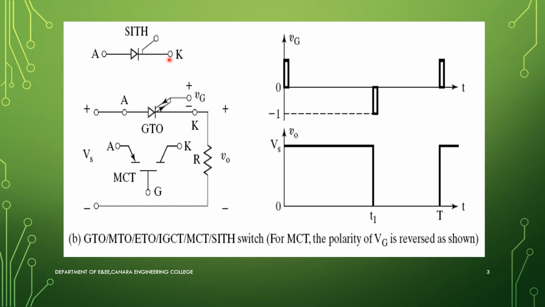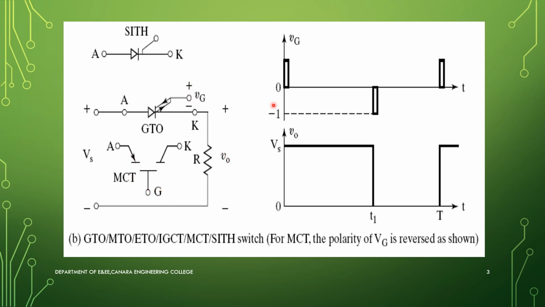If you remember in the previous session, what I explained is that it has three terminals similar to a thyristor: anode, cathode and gate. It will be forward biased if the anode voltage is greater than the cathode voltage. But to conduct, you need to apply a pulse signal to the gate terminal. So if you consider SITH, this is the gate terminal, this is the gate terminal for GTO, this is the gate terminal for MOS controlled thyristor. This is the symbol of GTO, symbol of SITH, symbol for MCT, MOS controlled thyristor.